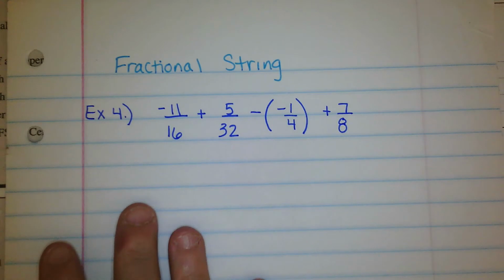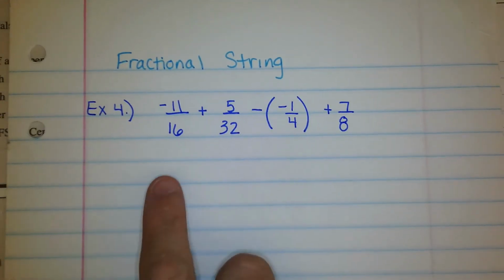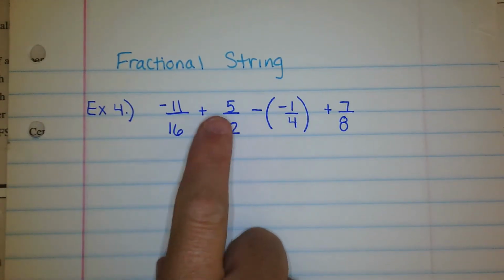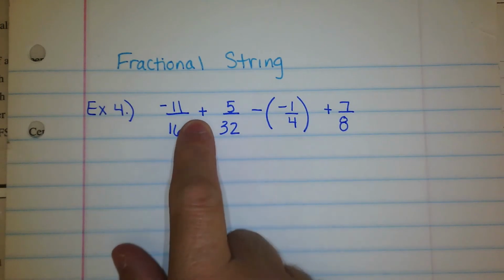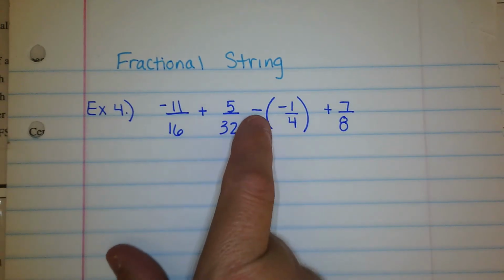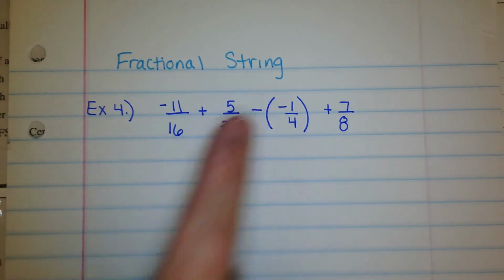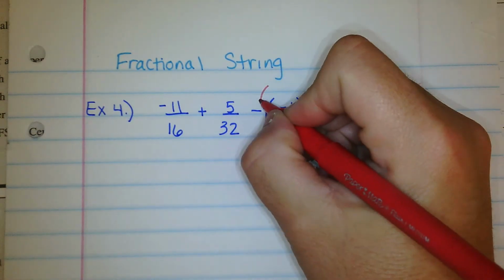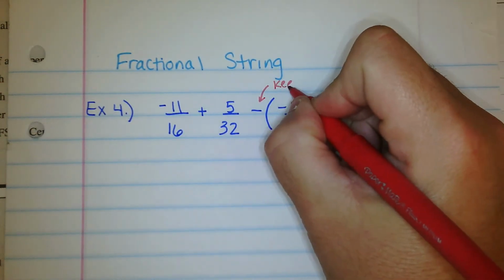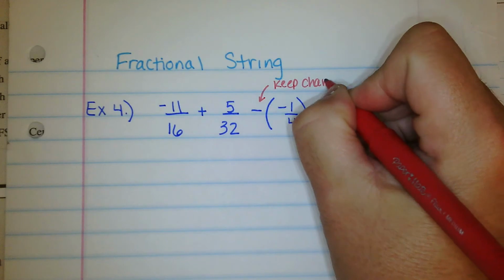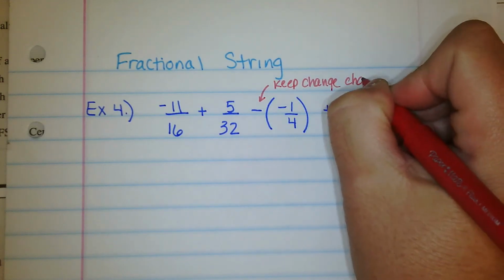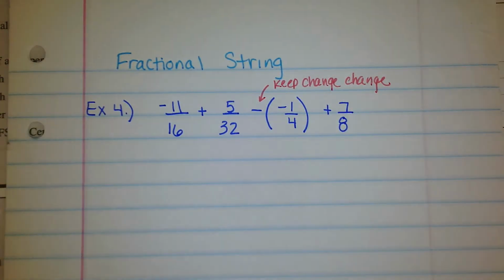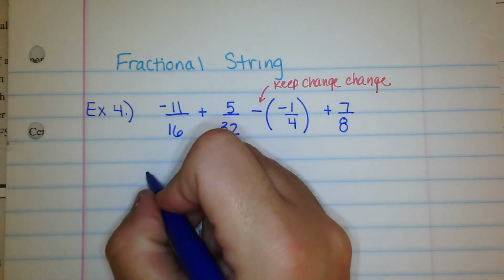The first thing we need to do is look at operations. So between this fraction and this fraction is a plus sign, so we don't have to keep change. But this is a minus sign. So that right there is an indication that we have to keep change. And that seems to be the only one in this string. That's the only subtraction sign. So that means that when we do the problem, we're going to start by rewriting